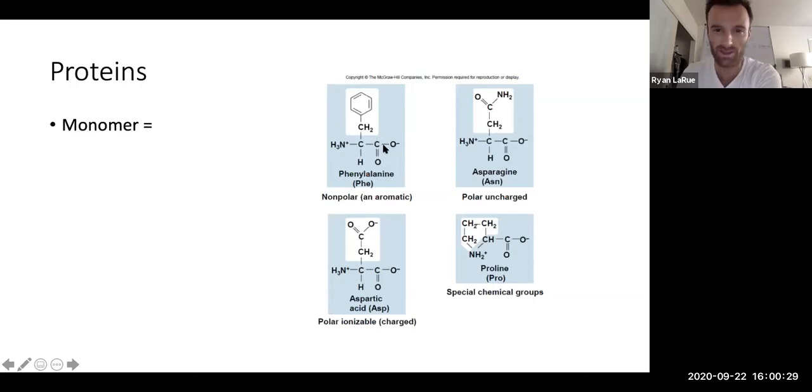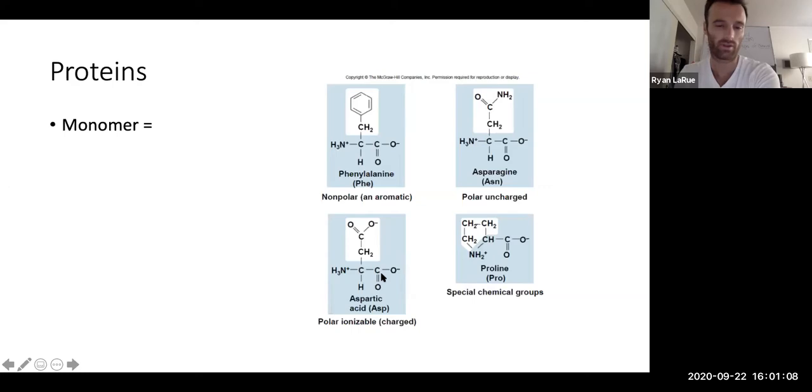Just take a look. You have this central carbon in the middle, attached to a hydrogen for all of them. Again, proline is a little strange, but you can see that hydrogen. And then you have what we call an amino group, which is this nitrogen attached to the hydrogens on the left side. And you have a carboxyl group. You don't have to know the names of these. Well, you do for the quiz, because the quiz is going to ask you, if you get this question, it's from a bank of questions,